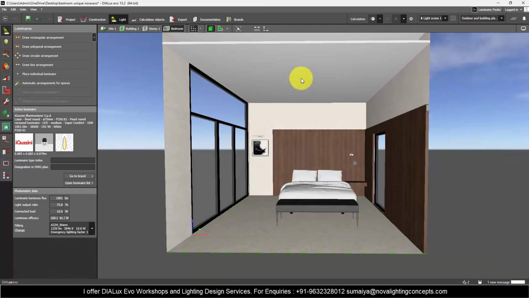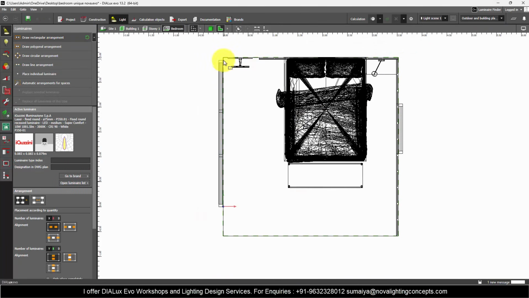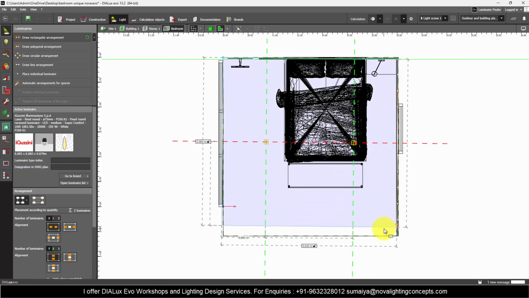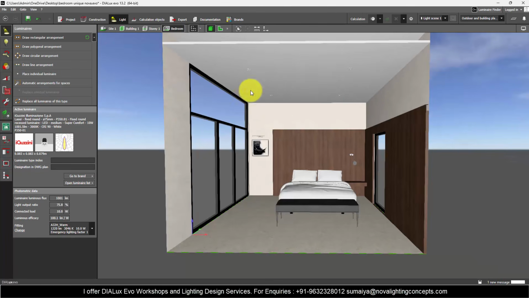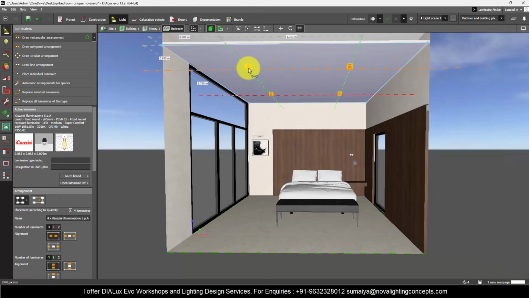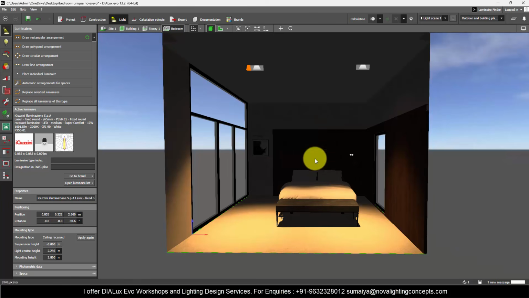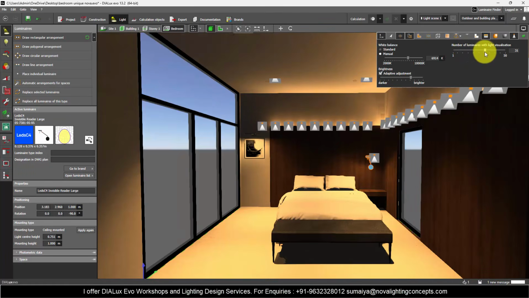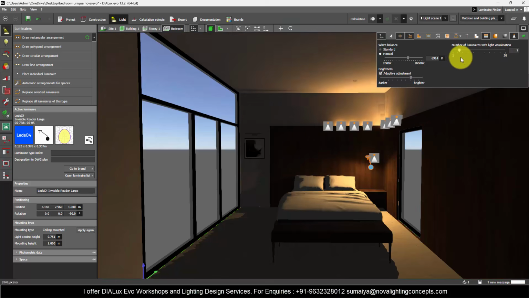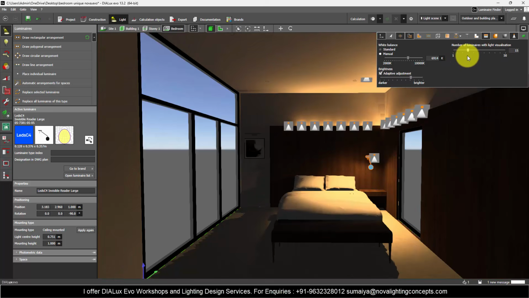Let me show you that too. So for now I will just delete these. I will do a rectangle arrangement for spaces. This is only for explaining, it's not as per the design. I'm just explaining how this tool works. Now I have placed 4 lights. If you want to see the light visualization of this, select again, and you will be able to see the light effect. So this is how, without even running the calculations, you can check your light effects